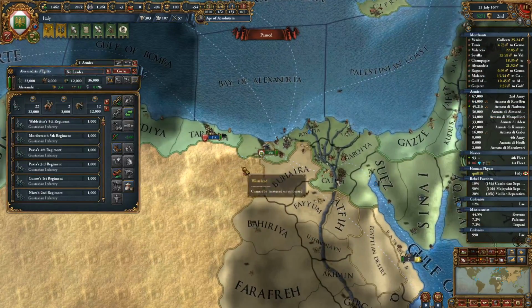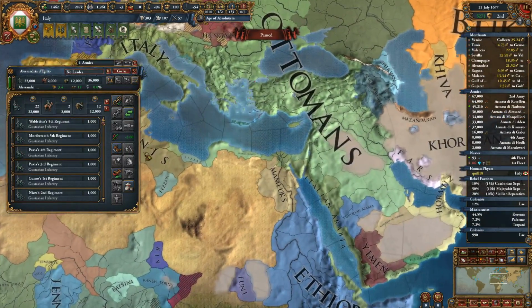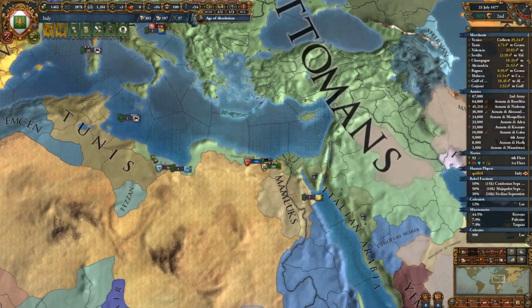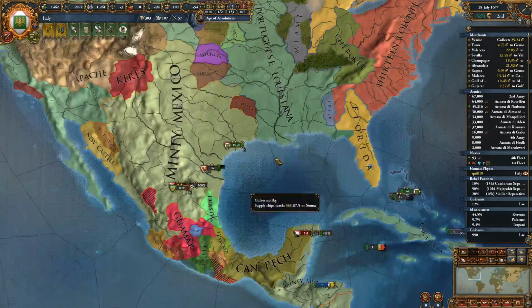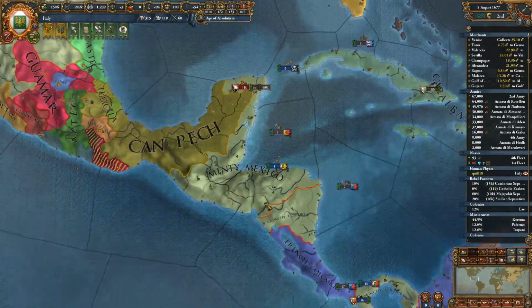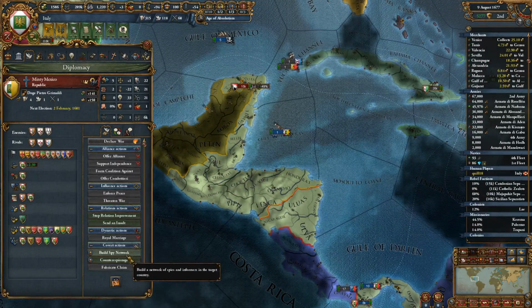We've got a stack over here who's currently not doing anything. I was gonna pull him home. But since we can't bring you home right now because our transports are busy, just move the general to there and get you to do a little bit of drilling. Alright, I'm doing some police work over here, which is great. Minty Mexico, I feel like...